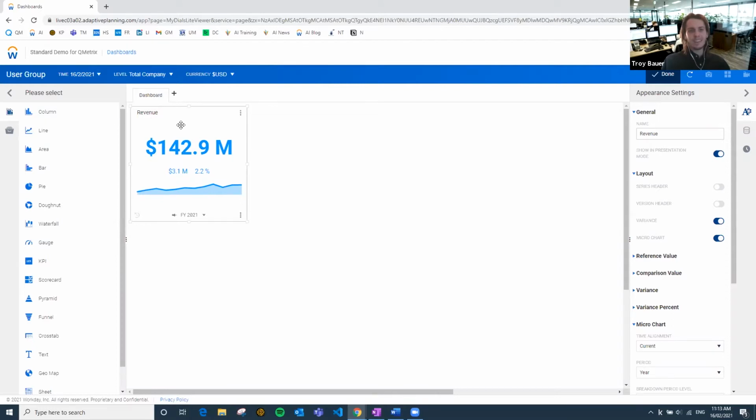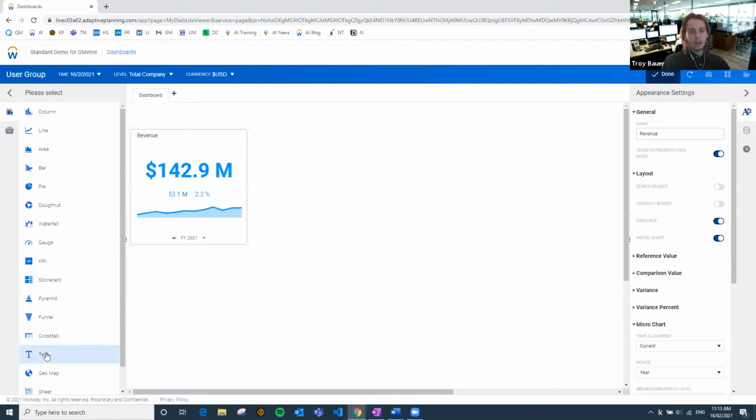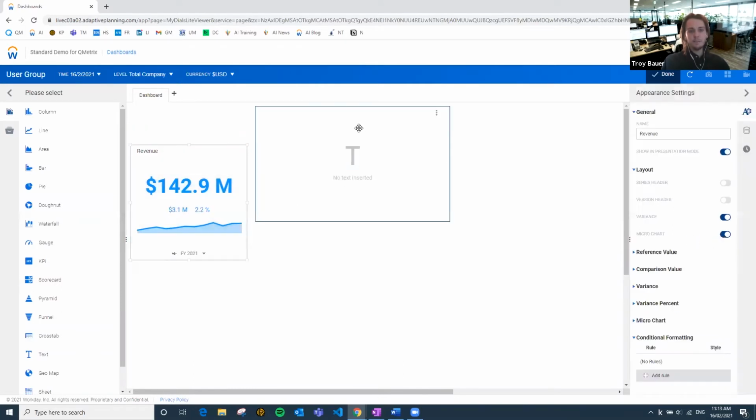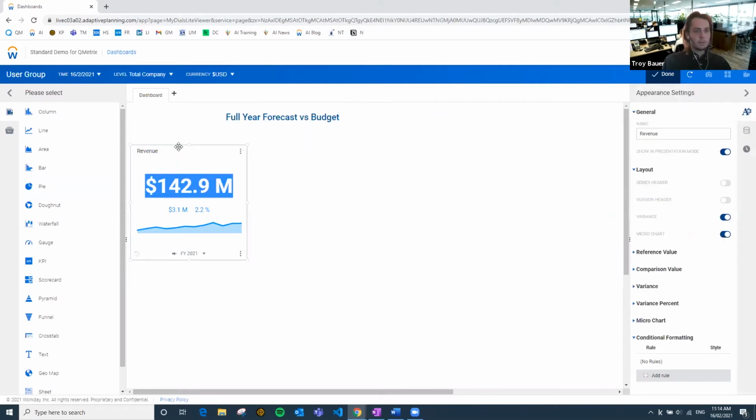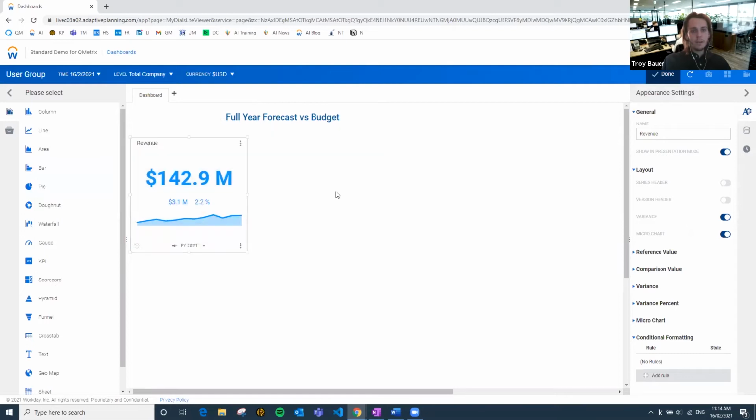What you can do instead is create a title up the top that can serve pretty much the same purpose as that version header, and set that up at the top of the KPI, except it can be related to many KPIs if you make a few of them. So we can type something like full year budget, which is pretty much what I already said before, but it sits at the top there. It's probably just a better use of your space, essentially.